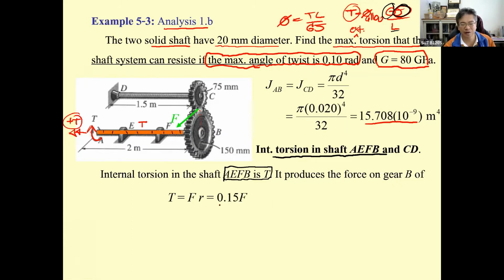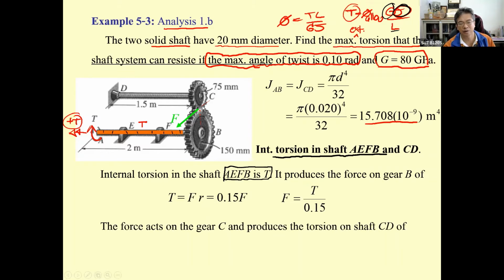So this is going to be 0.15 meter times F. And this force will act on the small gear, by the force of T over 0.25. This is going to be T over 0.15. It's going to produce the torsion in this CD shaft. So for the CD shaft, we're going to have the torsion equal to this force times